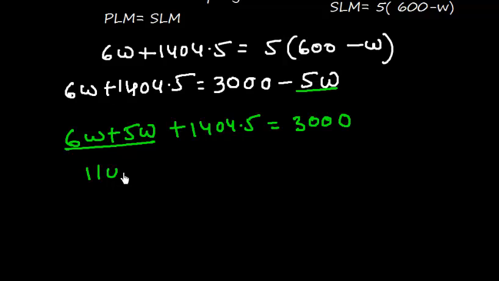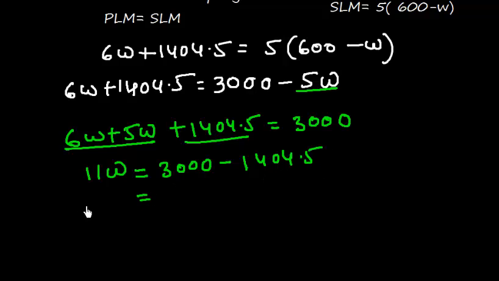Now this is 11W is equal to, and now this I take on the right hand side, so it is 3000 minus 1404.5, which is, let's do this, 3000 minus 1404.5,